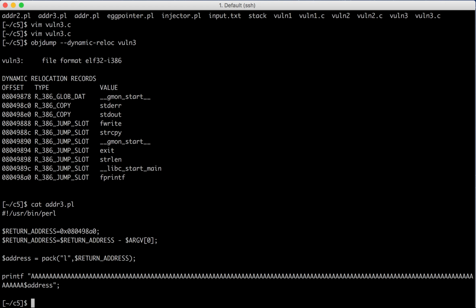So instead of loading the actual fprintf at 080498A0, we'll be loading our desired function's address in that place, so that when fprintf gets invoked, in turn it will invoke our desired program. Exactly. So to do that, what we intend to do is that since the program takes two arguments, the first